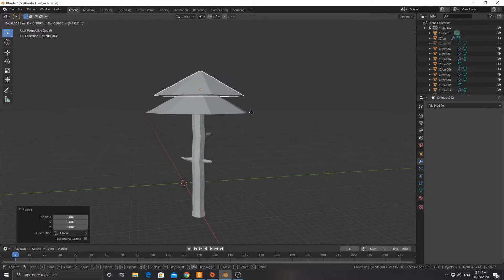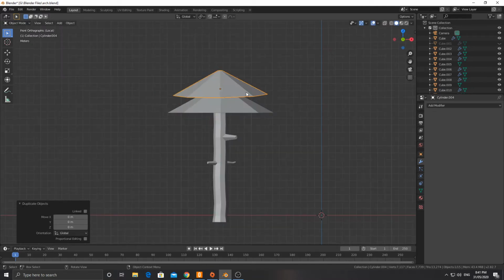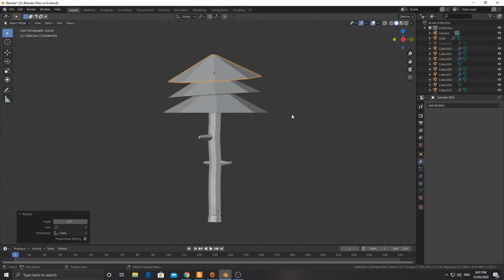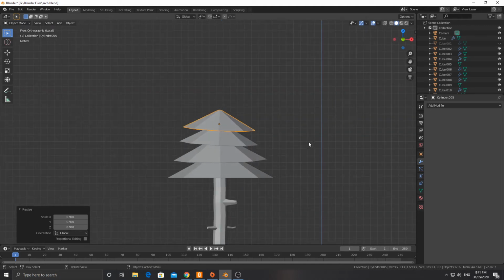I'm going to move it a little bit and rotate it. And then Shift D, bring that up again. I'm going to the side view so I know that it's aligned properly. Shift D, bring that up. I'll rotate it that way. I'll go into the other side view. I'll scale that one down a bit, of course. Shift D, bring it up. Scale it down a little bit. Going to switch the view around, rotate it,